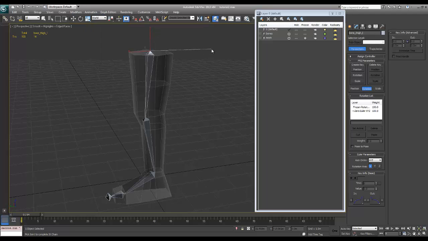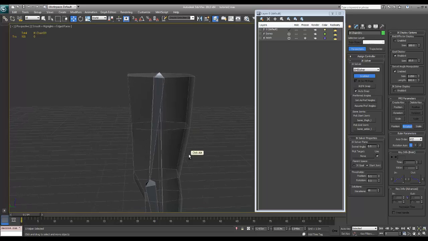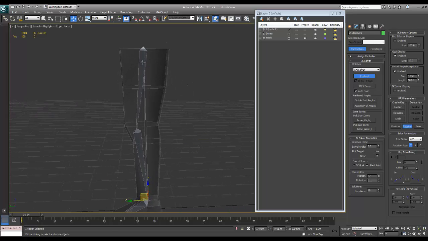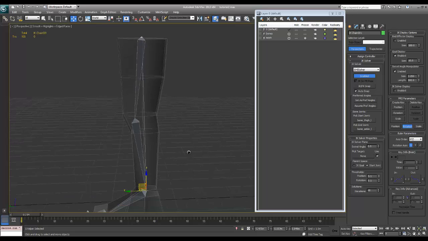You'll see this dotted line. It's basically waiting for you to select the end bone in this IK chain. You have the first selected, the dotted line's waiting for you to make your next selection. Now you want to go down past the calf bone and click on the ankle bone. What that does is that now creates an IK chain from the thigh bone through the calf bone and to